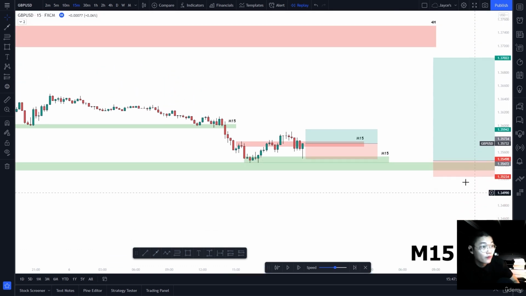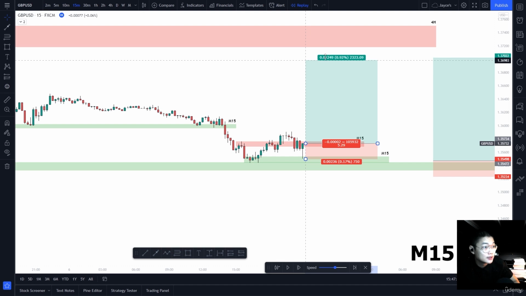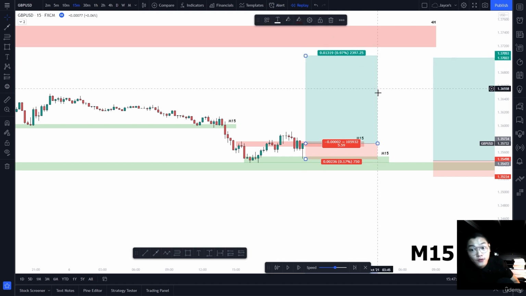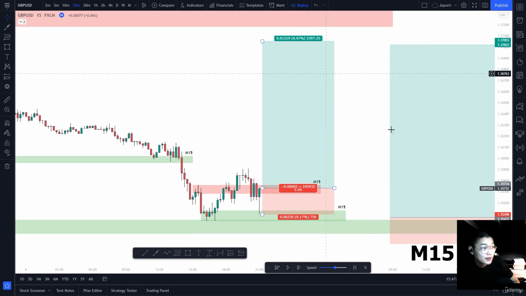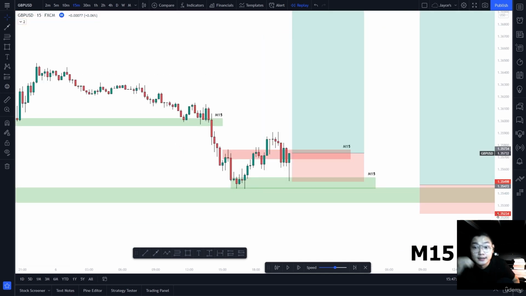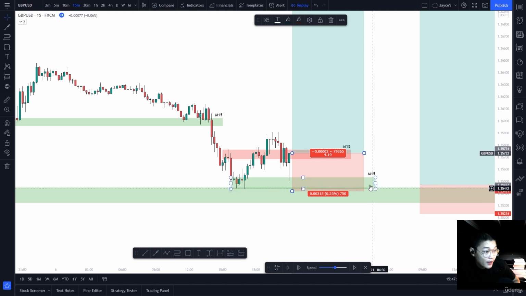And therefore my take profit will come very near to the supply zone in the 4 hours. And now I already have the best entry, best stop loss, and best take profit. Because you enter with the non-confluence strategy, you also make sure your stop loss is quite far, lower than the demand zone, as my safety. You can see that when you enter with this non-confluence strategy, the stop loss is quite big, 31.5 pips. Normally, I just enter the markets with 7 to a little more than 10 pips, but for this case, the stop loss